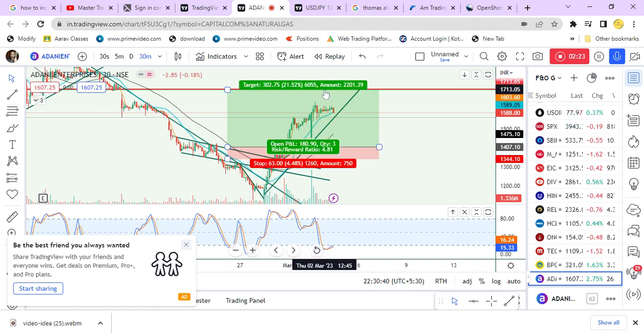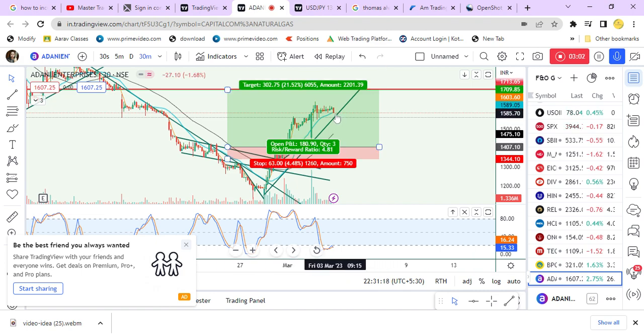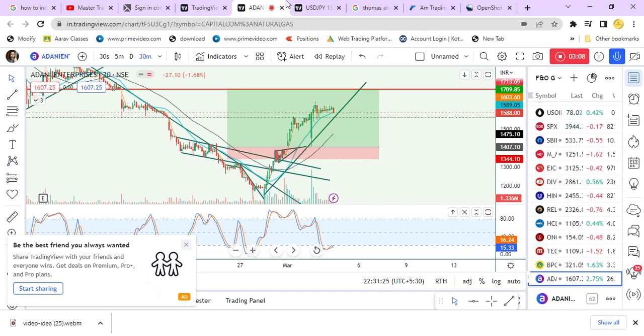So the target given was 1715 with the stop loss of 1345, and the risk to reward ratio is 4.81. So if we draw the trend line over here, this trend line will act as a stop loss. So if the value crosses below this one, that is 1580, then we can book the profit. And the call taken was at 410. Okay, 410, and here 580. So almost 170 points we are in profit. Okay, so this is about Adani Enterprise, and next is